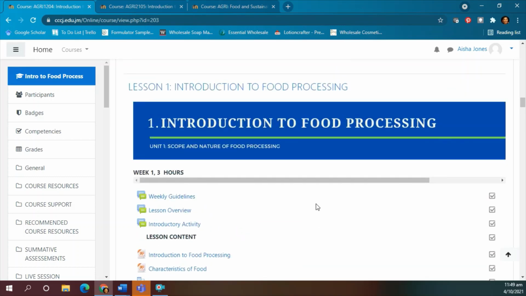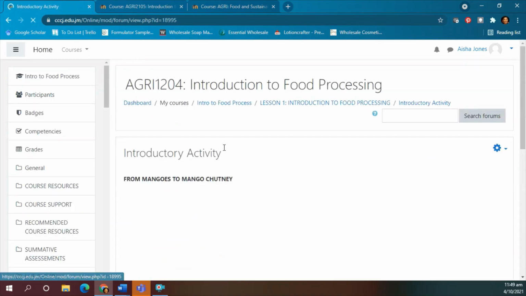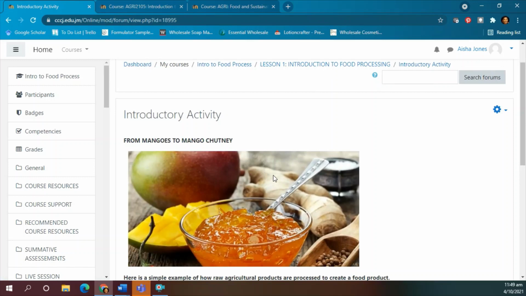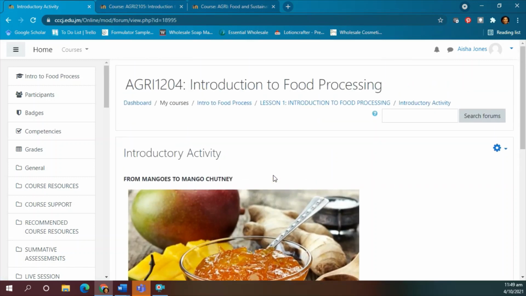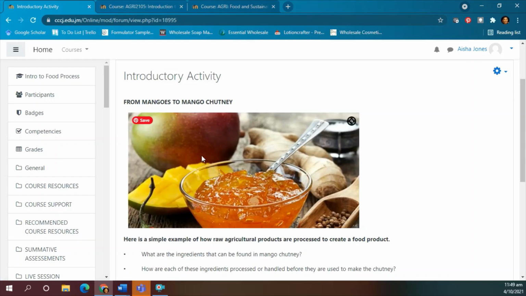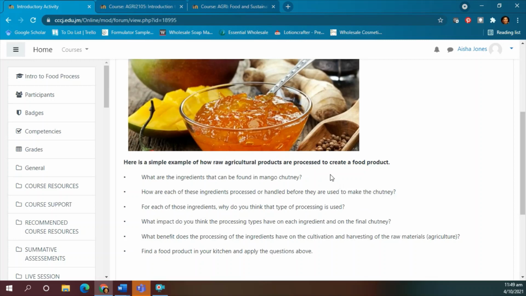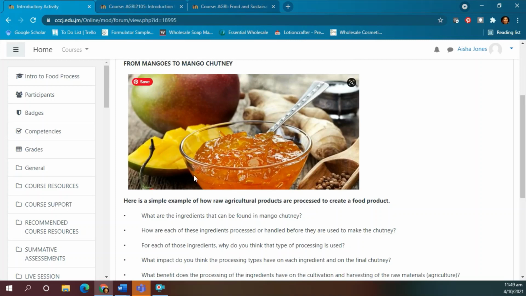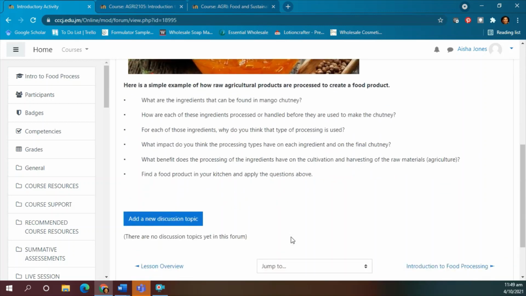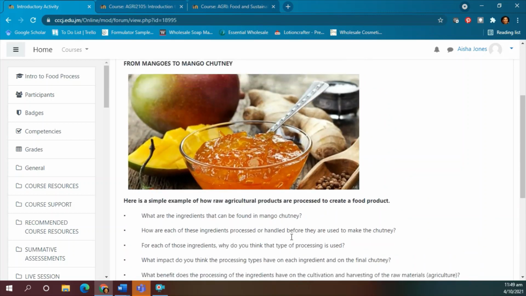So let's use lesson 1 in Introduction to Food Processing as an example of an introductory activity. This particular introductory activity, which is a part of Unit 1 Introduction to Food Processing, is called From Mangoes to Mango Chutney. And here the students have to think about what processing they think happens to mangoes in order to get mango chutney. They would be required to list, in this case in a discussion forum, the different types of ingredients that they think are in the mango chutney,